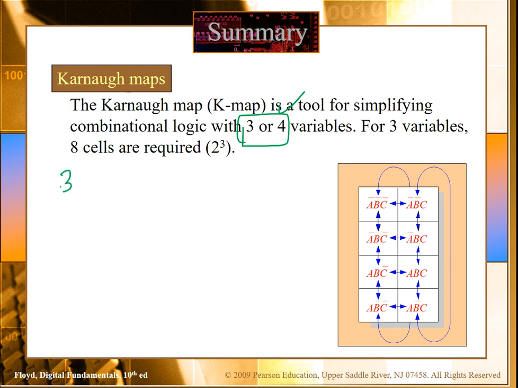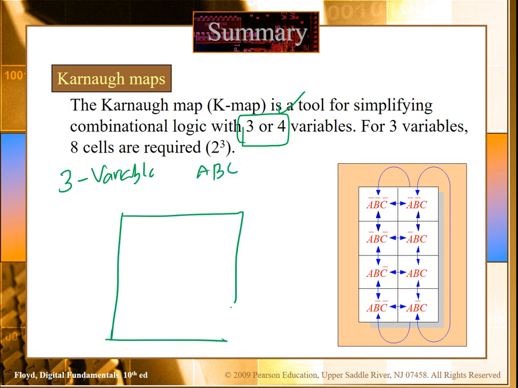For example, let's take the 3 variables A, B and C. We can start by drawing 4 rows and 2 columns. We will place our 2 variables, A and B, here, and our third variable here. Then we write their possible Gray code expressions.